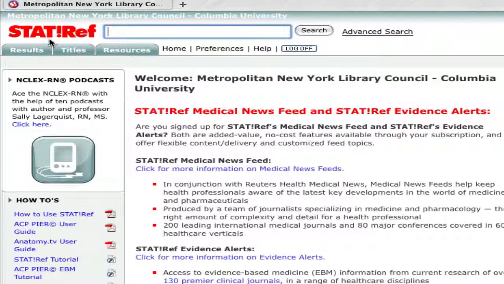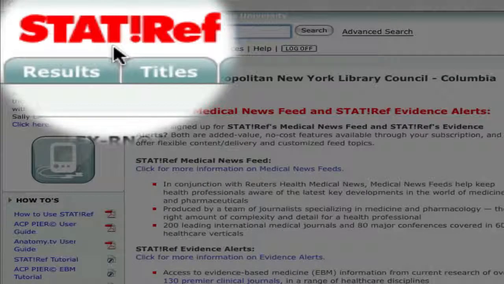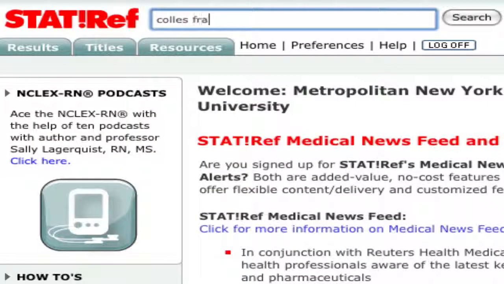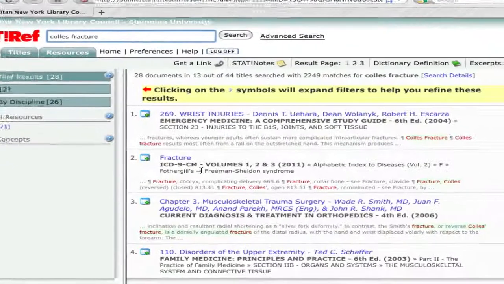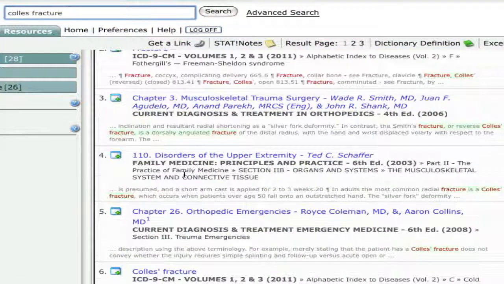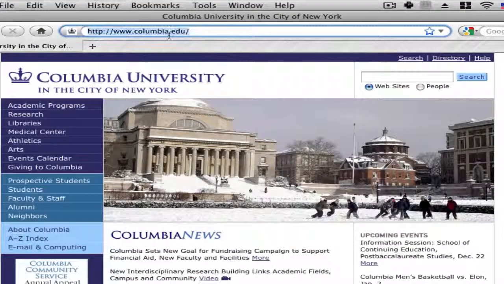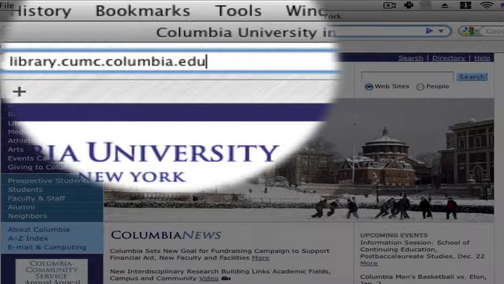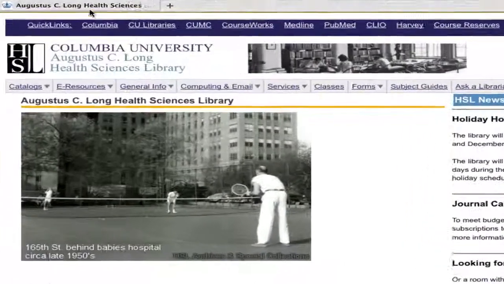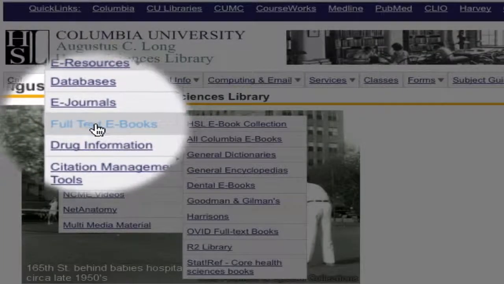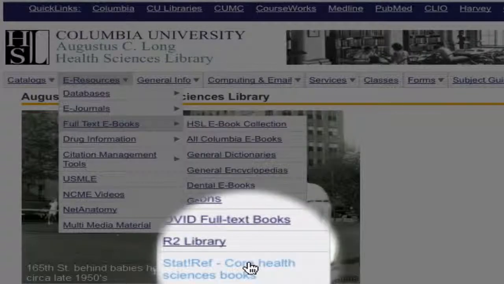In the health sciences, for example, the StatRef suite of ebooks allows you to simultaneously search dozens of core textbooks in the sciences. You might consider this something like an academic Google, or like a highly detailed, highly rigorous encyclopedia. To access StatRef, go to the Health Sciences Library homepage at library.cumc.columbia.edu, then roll your mouse pointer over eResources, then roll over Full Text eBooks, then at the bottom of this